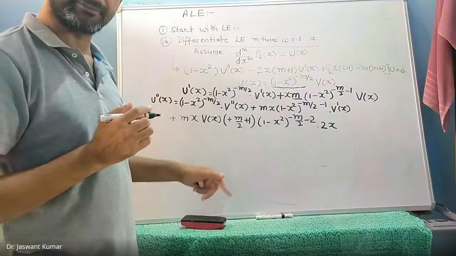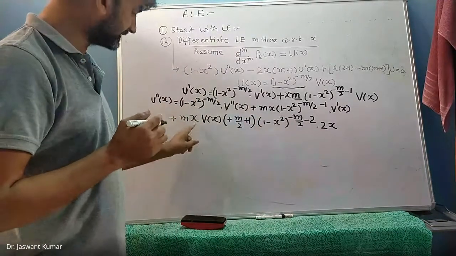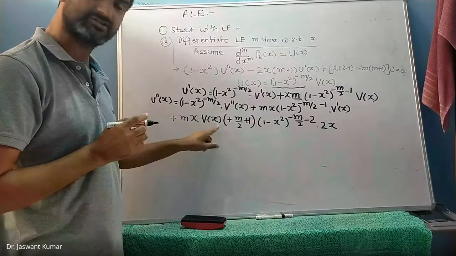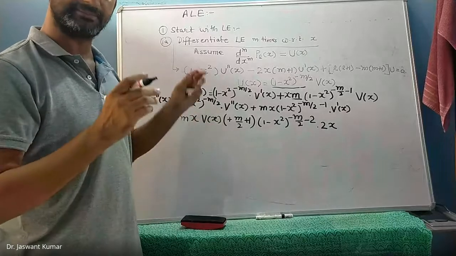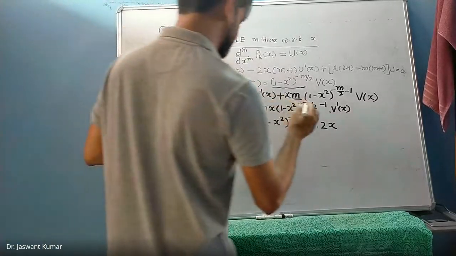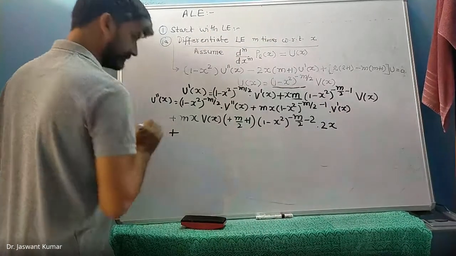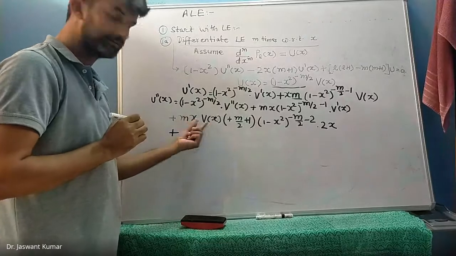Now the last term that we write is the first term into differentiation of second. But differentiation of second also once again has two x-dependent terms. So that means that will once again be a combination of two terms. So we write it as plus, and then we differentiate it term by term.